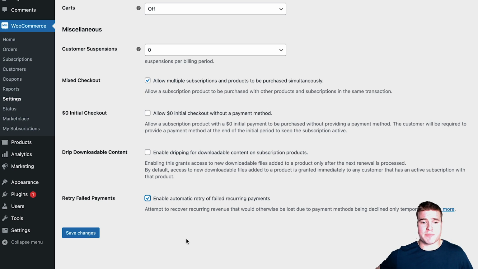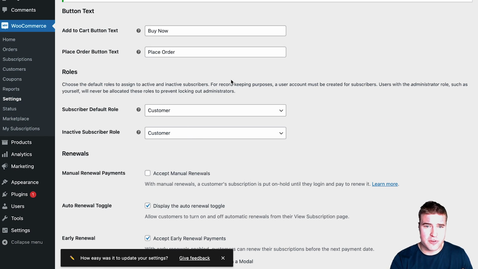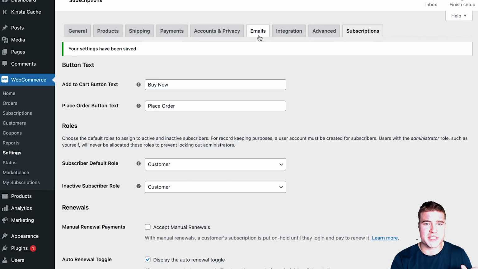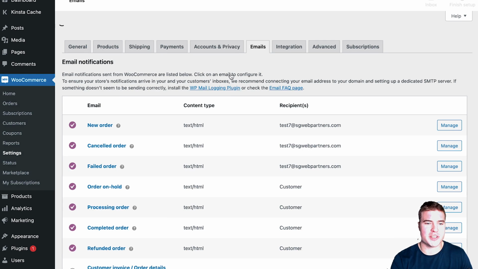And this is crucial, especially if you have subscriptions with automatic recurring payments, to retry those failed payments, because it just makes it easier to retry the recurring payments. So with that, I'm going to save changes. If I want to take this a step further, I'm also going to go to this emails thing, and this is just going to make everything